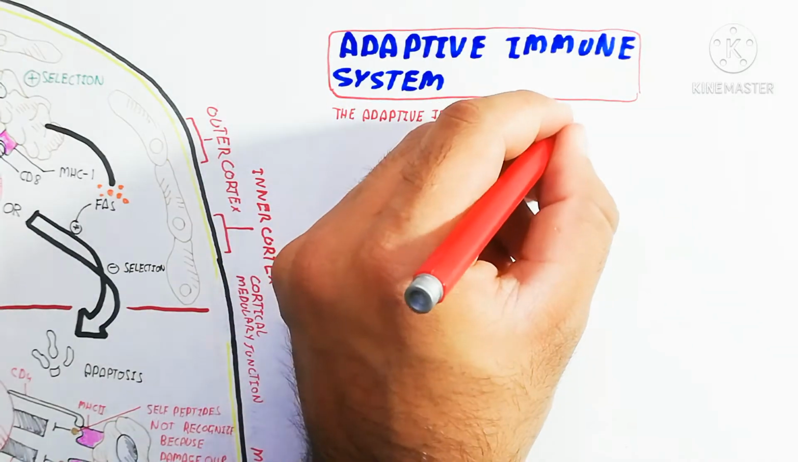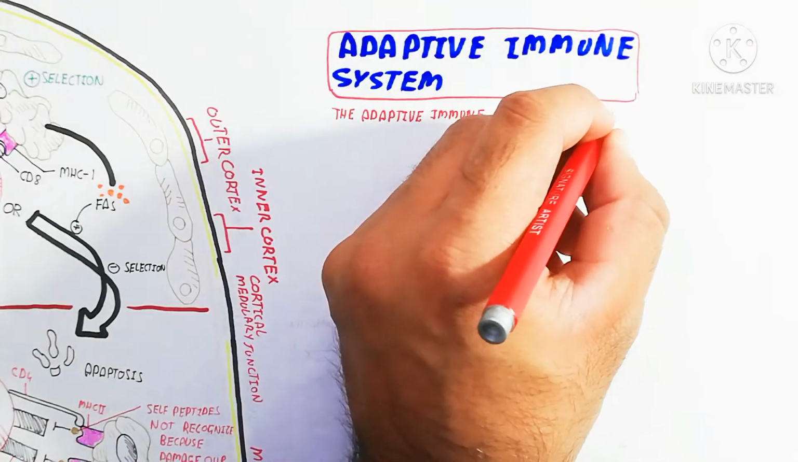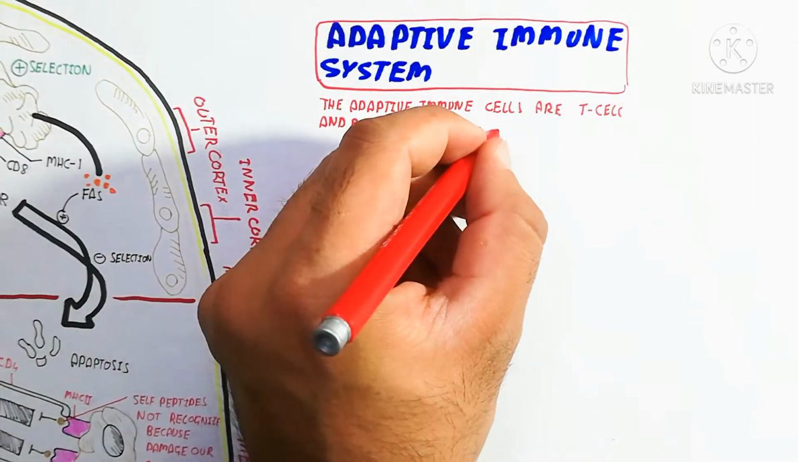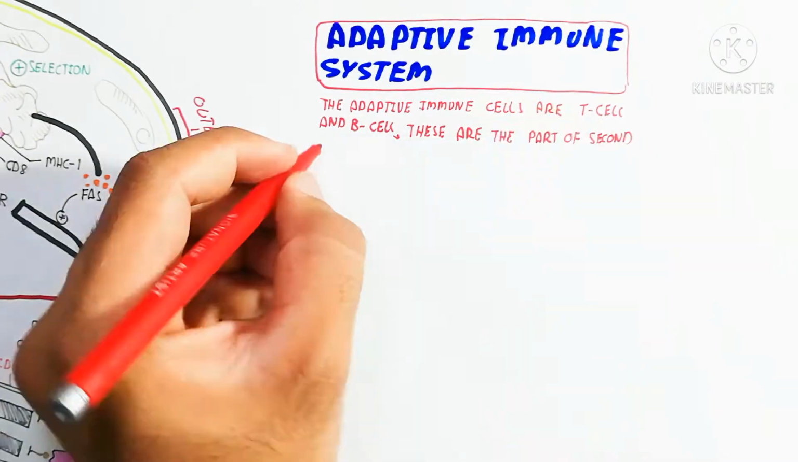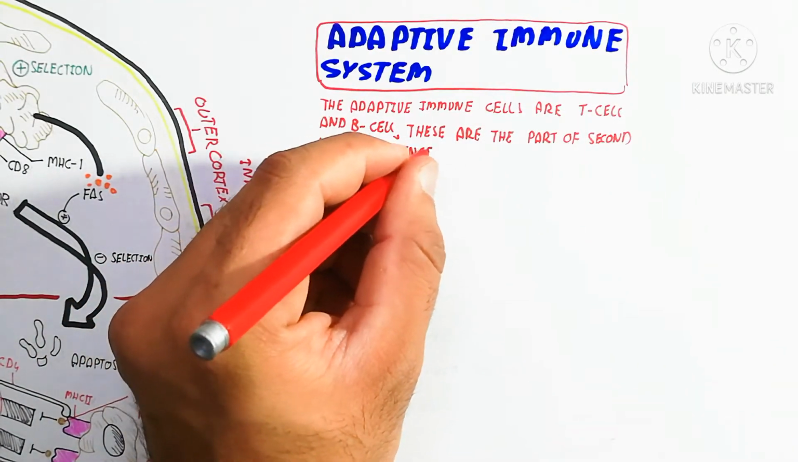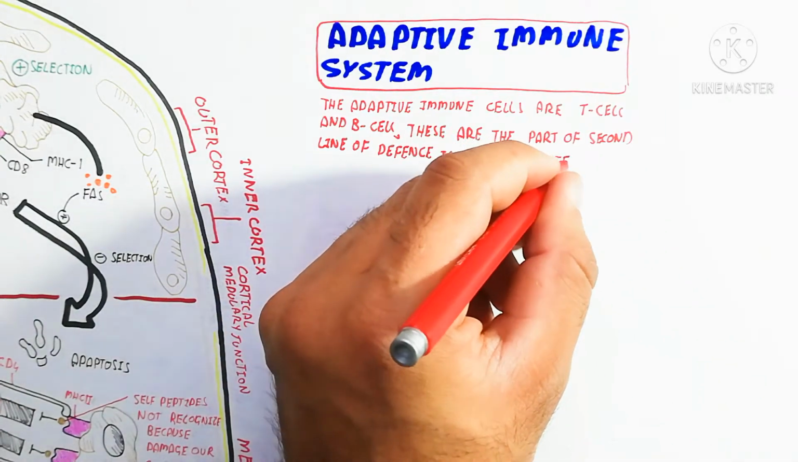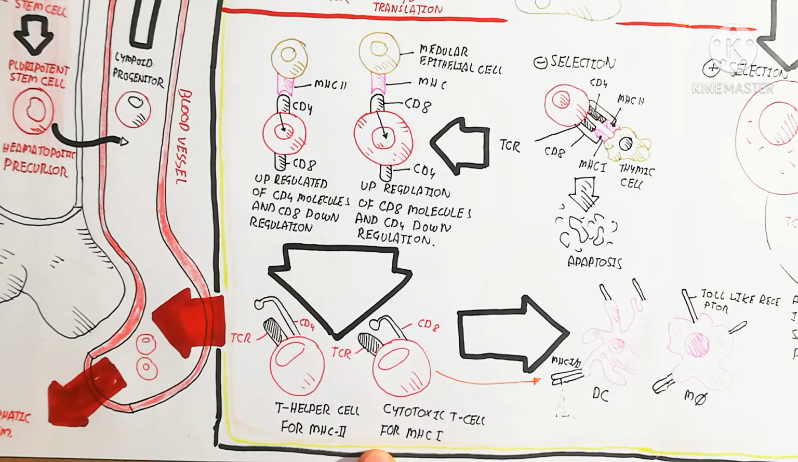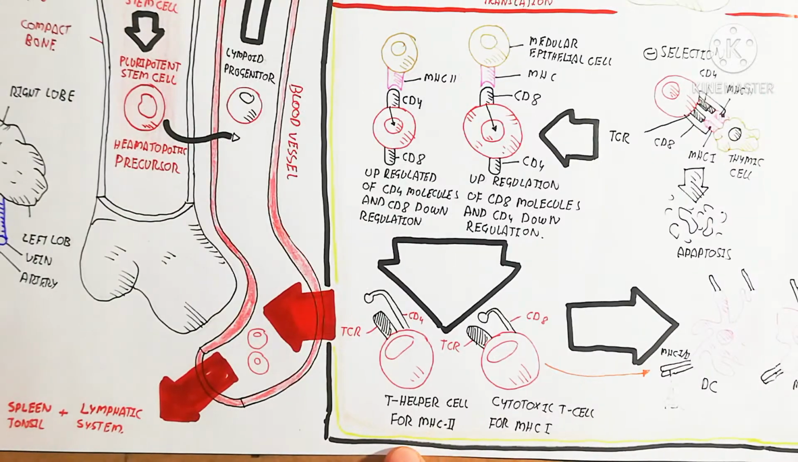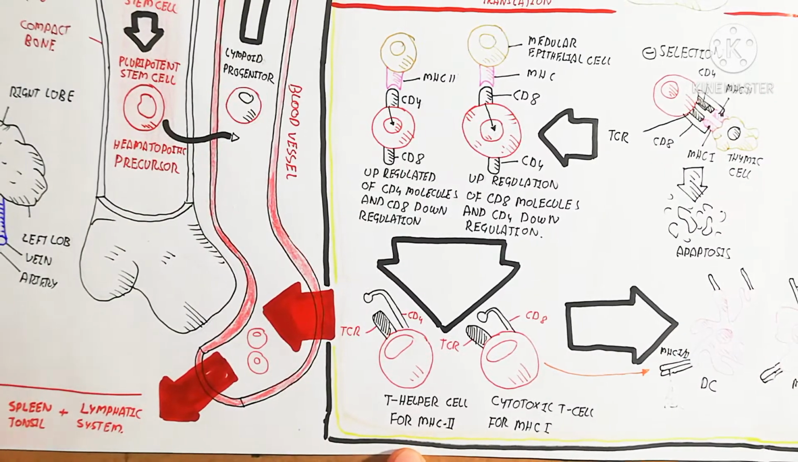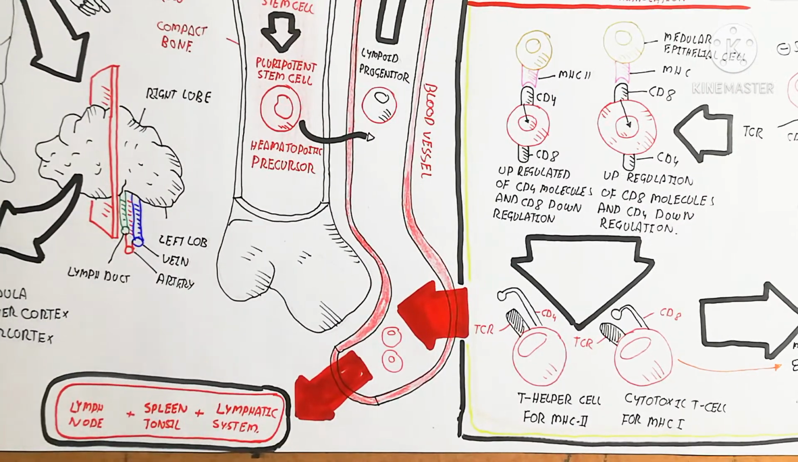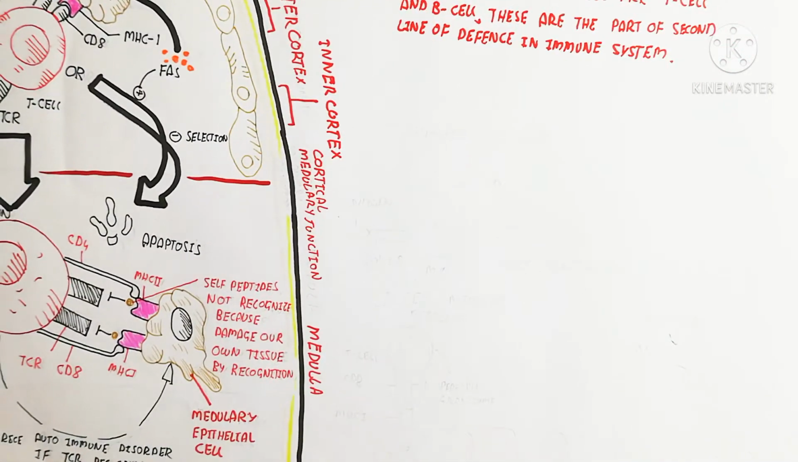Here we will discuss the adaptive immune system. What is the relation between T cell maturation and the adaptive immune system? The adaptive immune cells are T cell and B cell. These are part of the second line of defense in the immune system. The adaptive immune system is of two types: humoral response and intracellular response, or cell mediated response. After maturation, this T cell will go into the lymphatic system, spleen, or tonsil, and lymph node for going into the